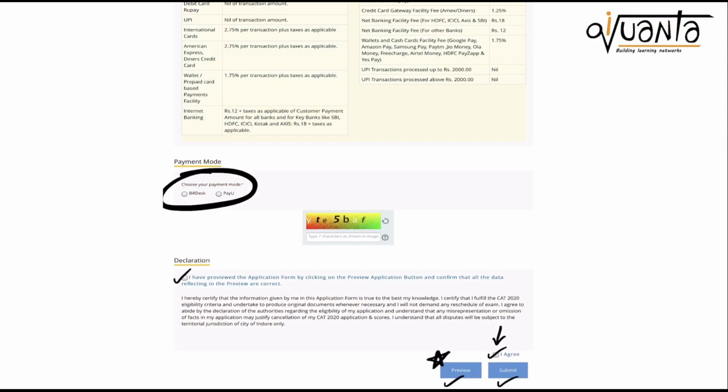Check 2 to 3 times whether you have filled the correct information or not. You can then submit the form and get back to the grind. It's advisable that you fill the form as soon as possible because once you fill the CAT form, you'll always be having the thoughts of CAT at the back of your mind, and this will surely bolster your preparation.